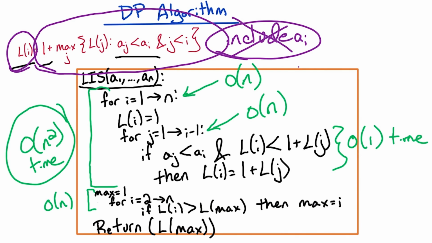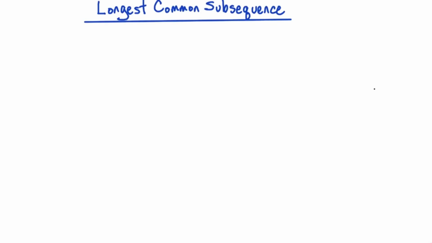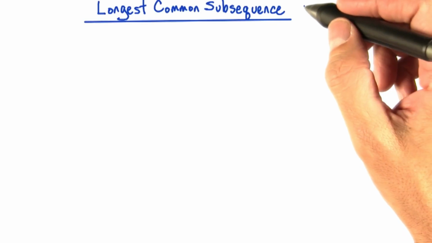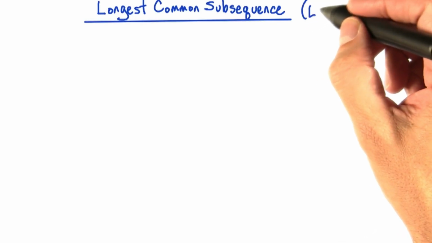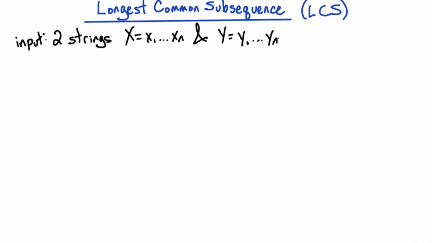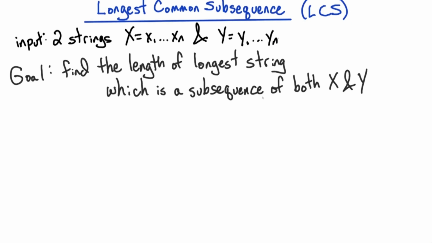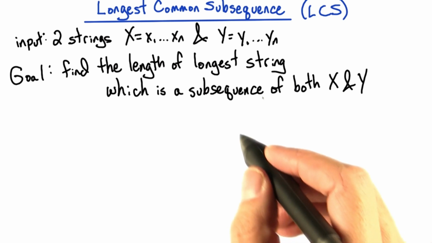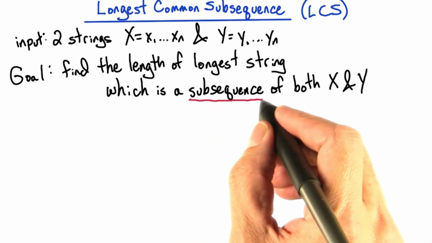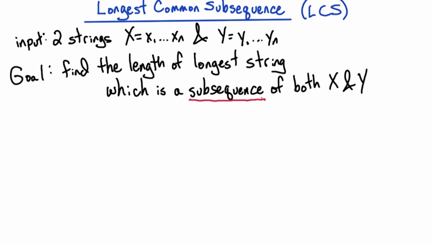Our next dynamic programming example is longest common subsequence, which will use the shorthand LCS. The input to the problem is two strings, which we'll denote as X and Y, and for simplicity for now, we'll keep them both of the same length, N. Our goal is to find the length of the longest string which appears as a subsequence in both X and Y. And notice that we're trying to find a subsequence, not a substring,